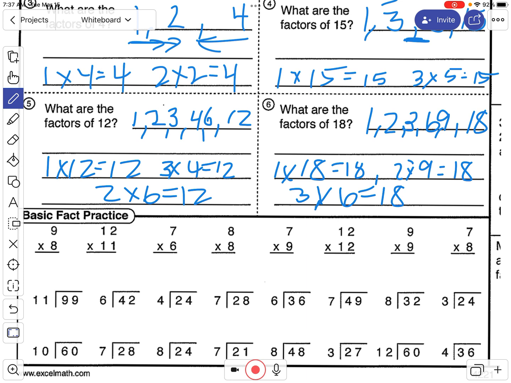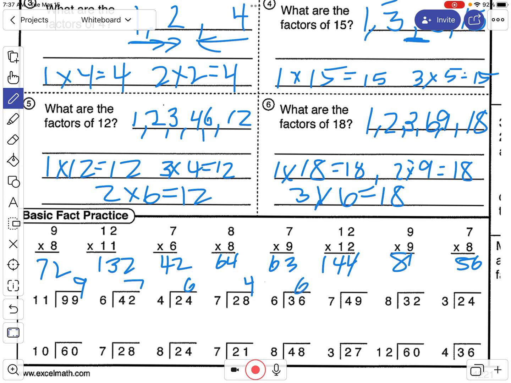All right, solve the math facts down here. Pause the video and then turn it back on. So you should have gotten 72, 132, 42, 64, 63, 144. Ooh, that's a hard one, right? No, that's not hard. 81, 56, 11 times 9 is 99,